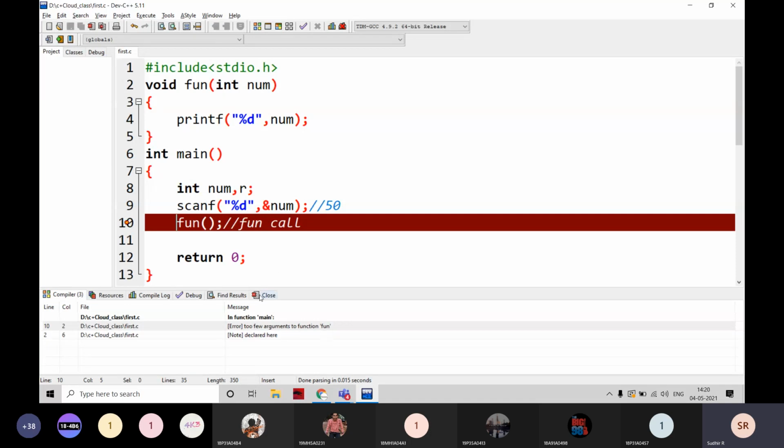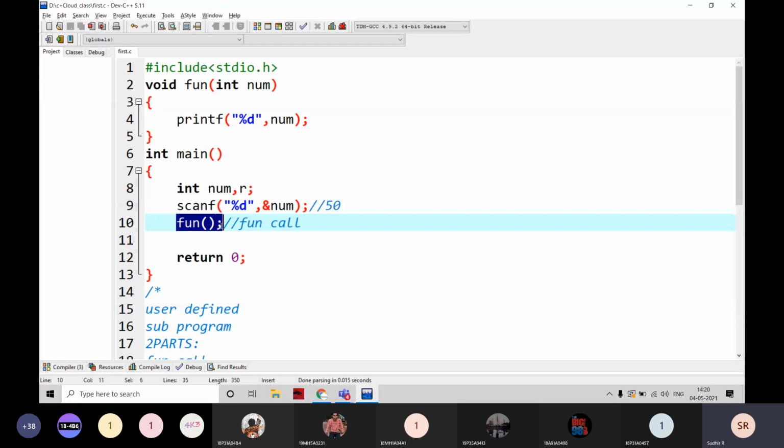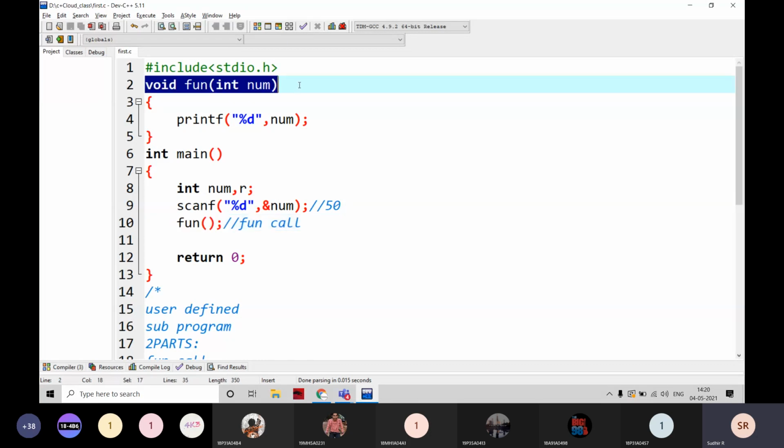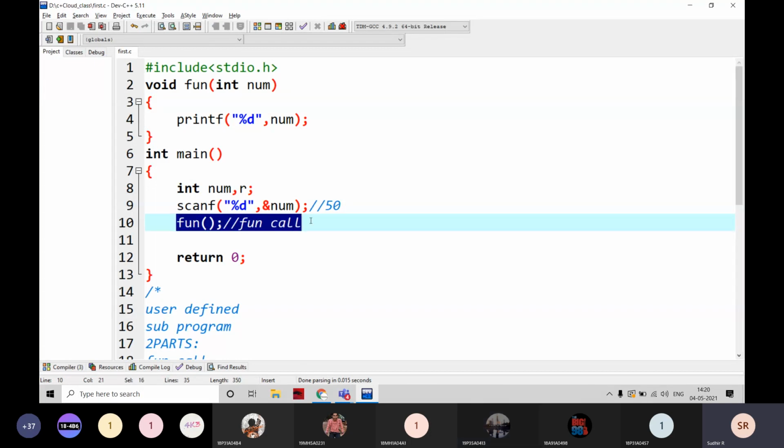That means the function name is there in the function definition, but the signature is not matching here. What is the signature? When there is a function call, we have to observe four points every time.